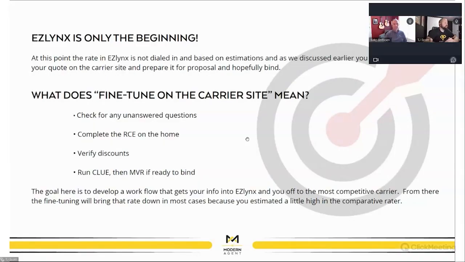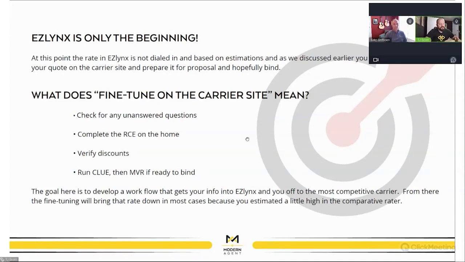They will tell you what their protection class would be, and at least at that point, you're working with solid information. As I said earlier, EZLynx is just the beginning. When you're in EZLynx and you've got that quote, there is another phase: the fine tuning phase. So that EZLynx quote is important to remember. I have had people try to print off those quotes and propose them to their client. I would not do that.